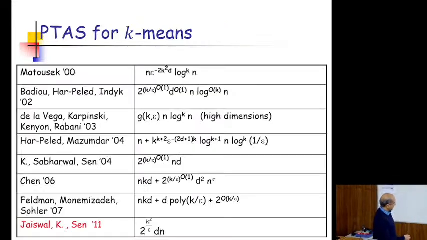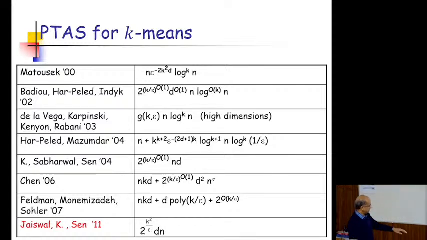All right, so a lot is known here. For example, there have been many papers, and if you look at these running times, they're of the form exponential in k and epsilon times some dependency on n and d. And Chris, I think, mentioned Chen's paper, which uses core sets. Many of these papers rely on core sets. I will focus on one particular result, which again has running time 2 to the order k squared by epsilon times d times n. Again, as you see, this is an FPT algorithm because the running time is of that form. And the ideas here, we'll see, extend to more general settings also.